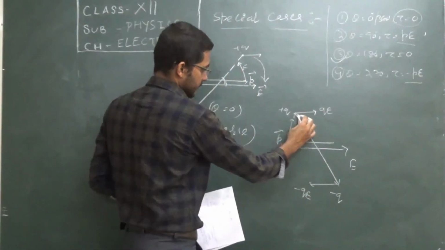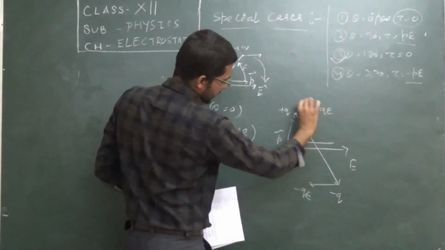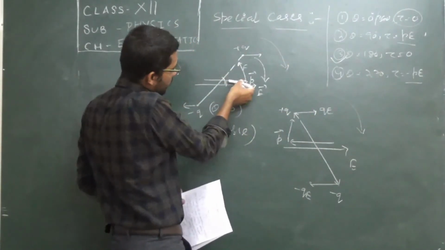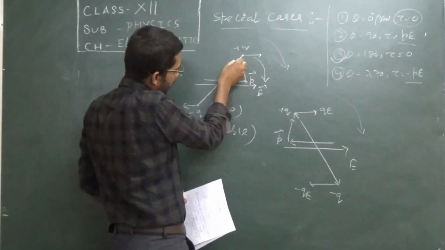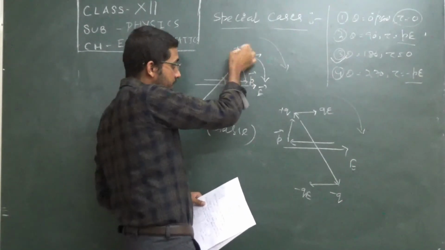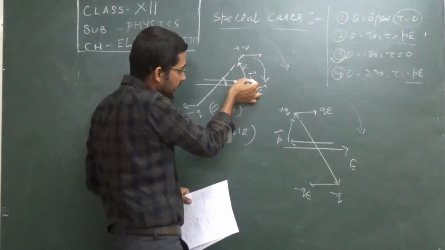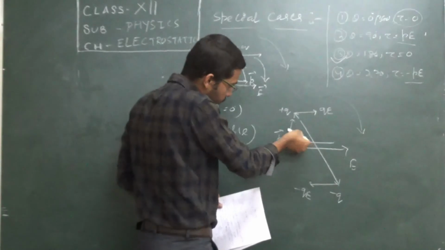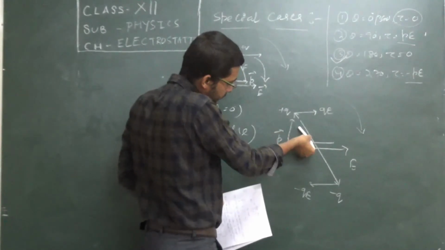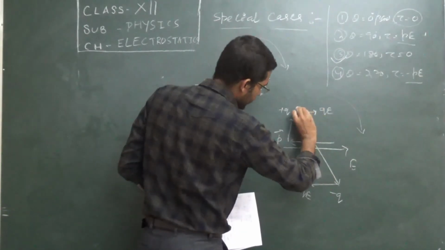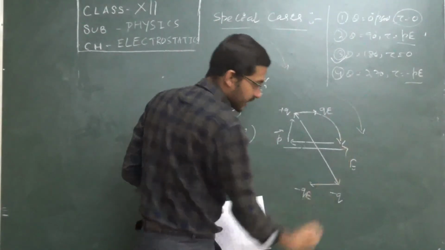So see, the direction is clockwise. Here also it is clockwise. So what is happening here? You took the position from here to here by applying the force. As per its nature, it will again return back to its actual position. So it will return back like this. But here what is happening? Your actual position is here. You took the dipole to here. So when it makes an angle of theta or something, then the forces are acting like this. So the body will start to fall in this direction.